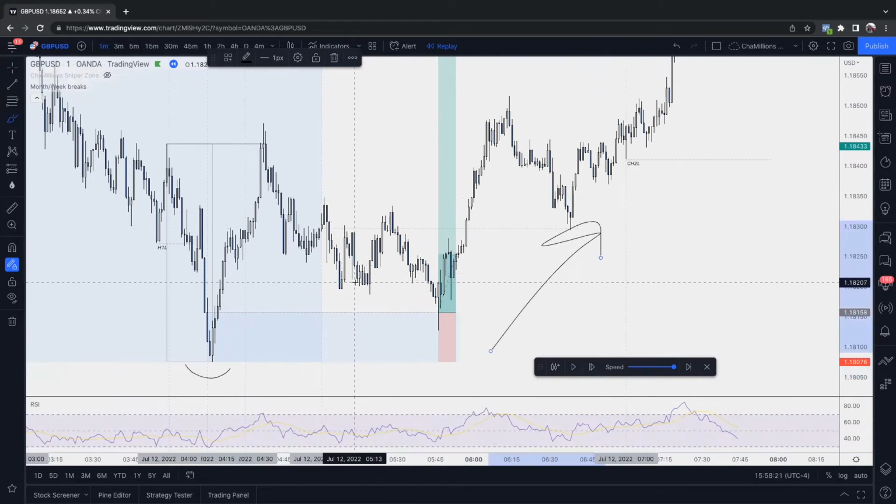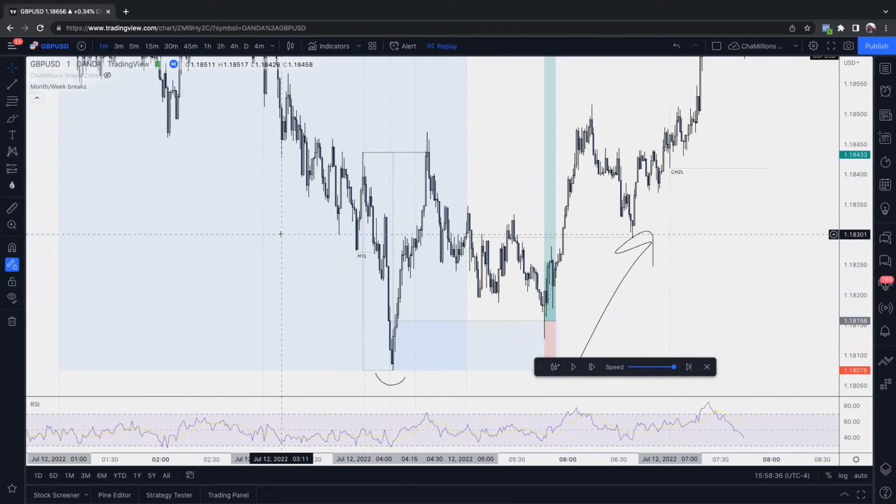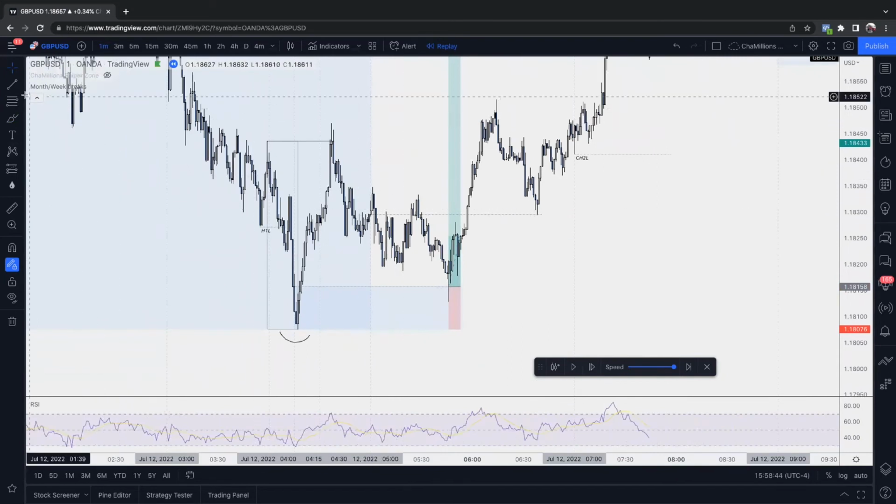I want price to be giving me this first at the start of this 4-hour candle, because then I know from here we're creating this H4 wick, right? Price breaks and we literally come back and tap the open of the H4. Open of the H4 right there, and price continues, which is really nice. So, and if we break this down here into an hourly, so 5, 6,